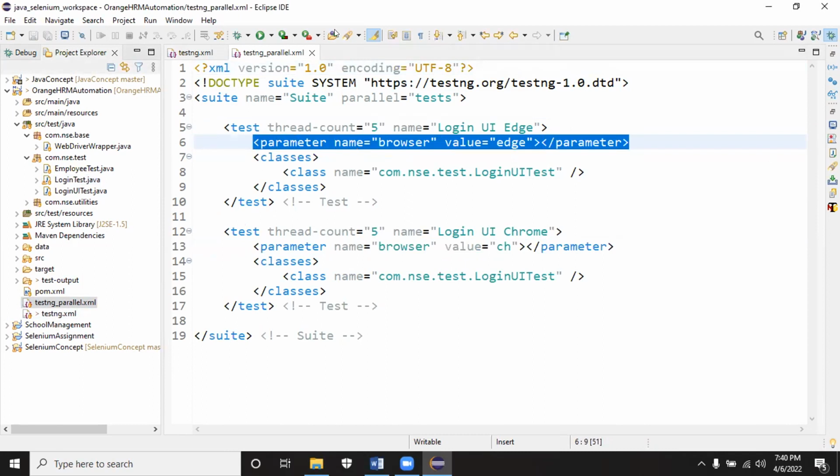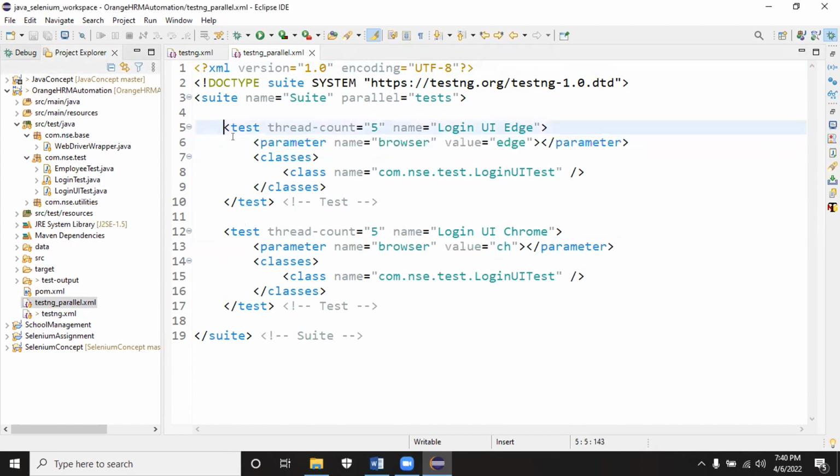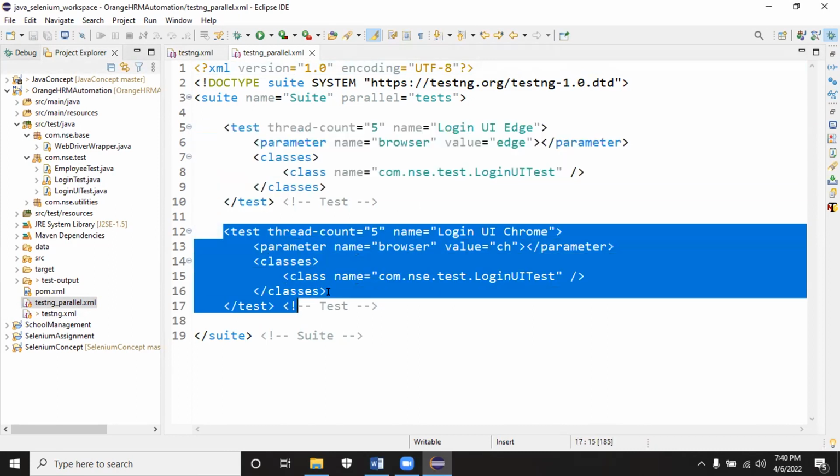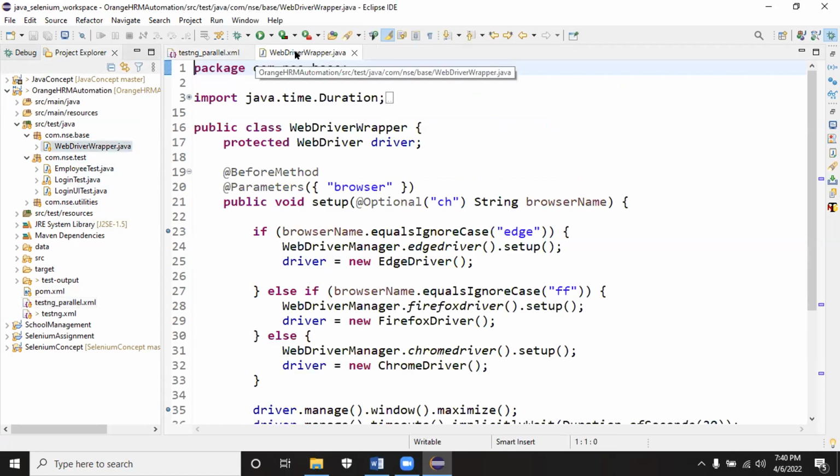I'll just ping you in the chat window. When this tag runs, it will use browser equal to edge. When this tag runs, it will use browser equal to chrome. Okay. Then in the WebDriver wrapper you need to update it.